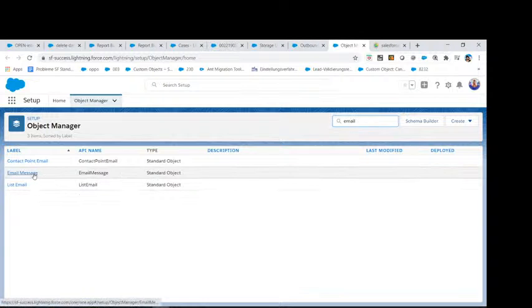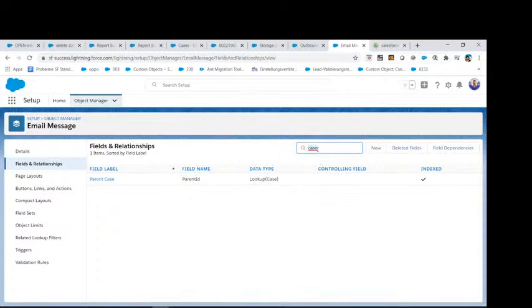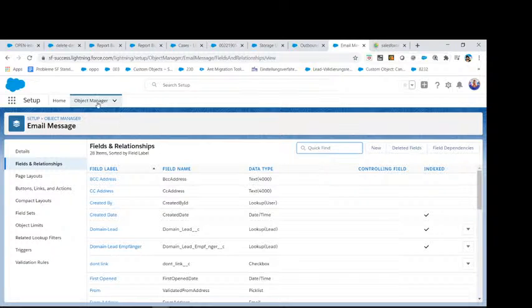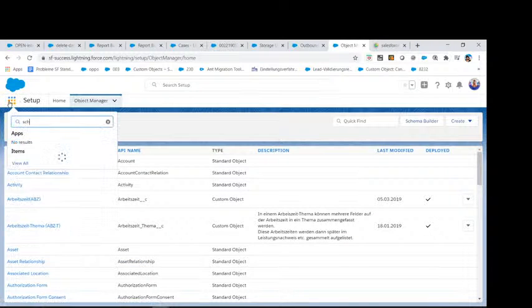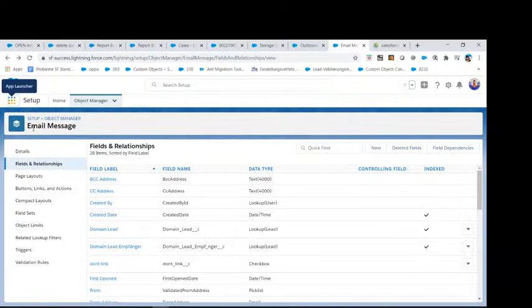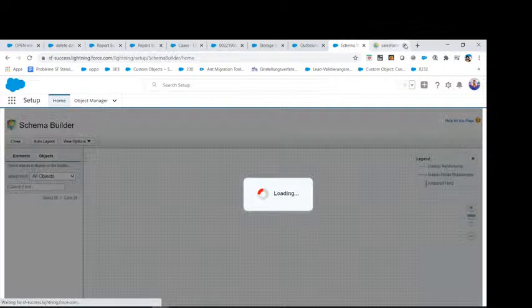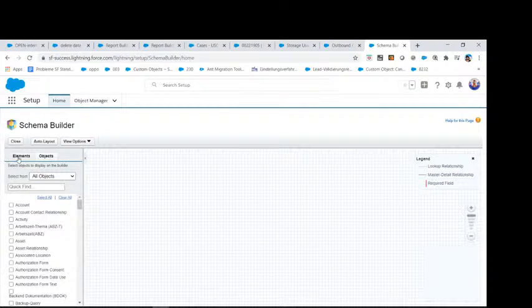Yeah. We can just go into the object manager. We can go for the fields, and then we can go for a case, to see if this is a parent case. As you can see, there's going to be a case, and that's why they have a relationship to each other. Or we can go to the schema, we can go back for sure, to the Schema Builder. In here we can figure out the relation between the objects, right? So like this.